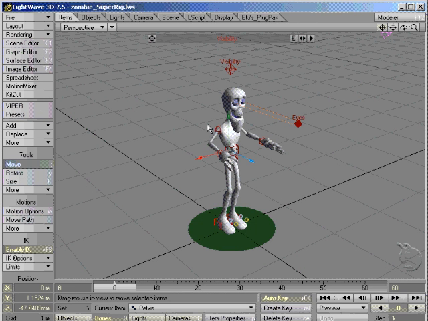Okay, welcome back, and in this last lesson here, I'm going to be showing you some techniques in Lightwave 3D of how to automate the placement of certain parts of our character, and we're going to do that through the use of expressions. But first, before we do that, I'm going to give you a word of caution,